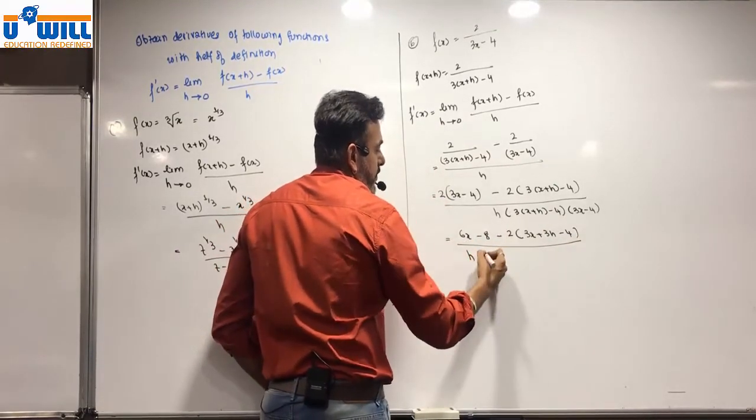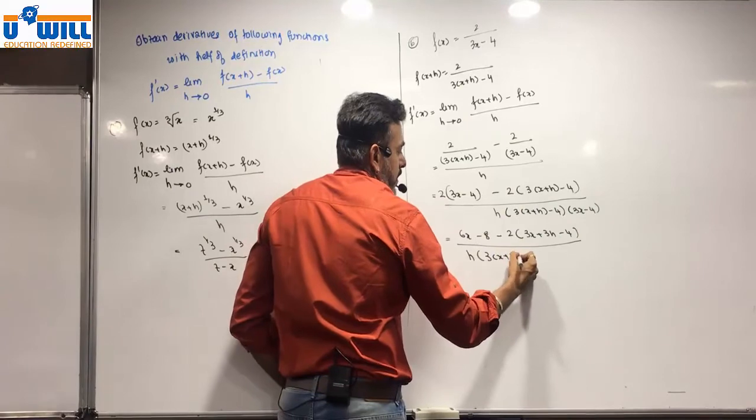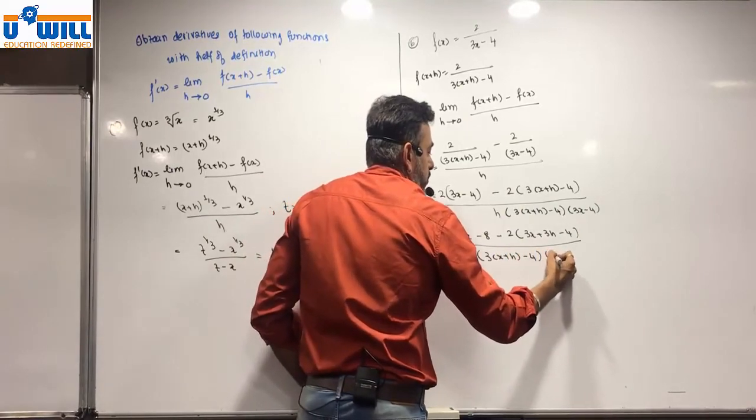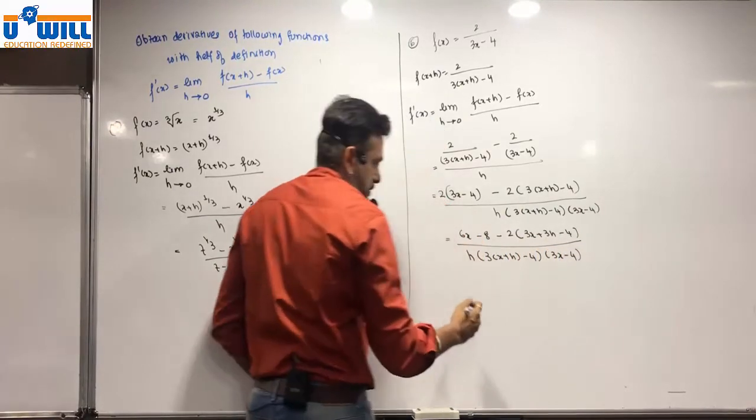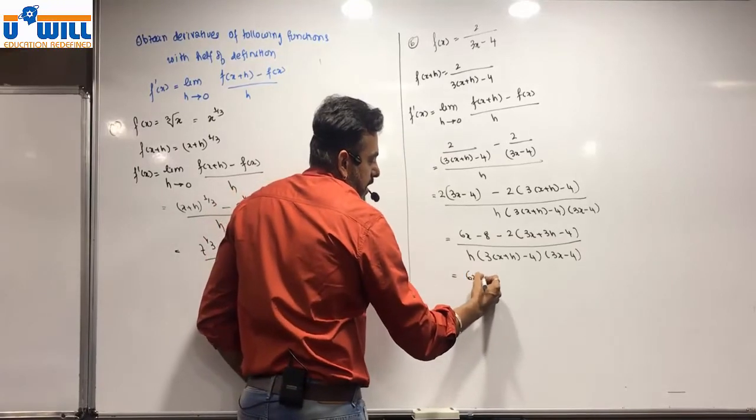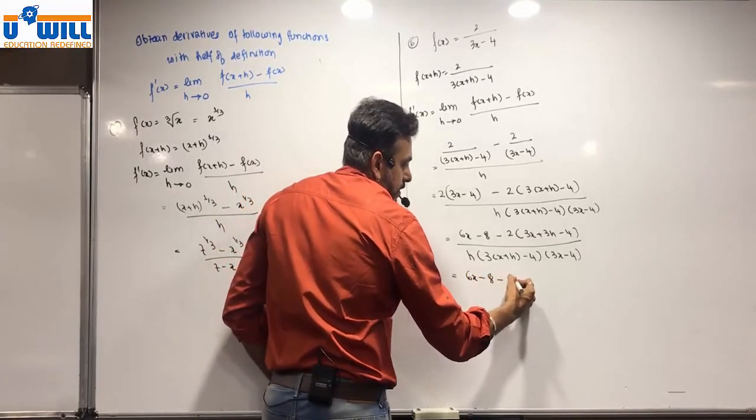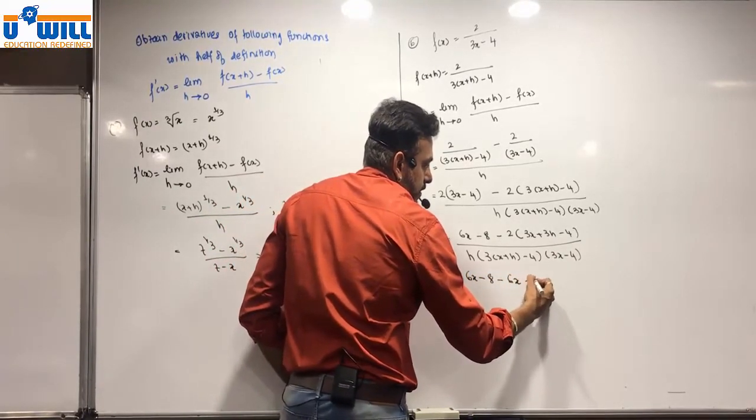We keep it as it is, (3(x plus h) minus 4)(3x minus 4), which is equal to 6x minus 8 minus 6x minus 6h